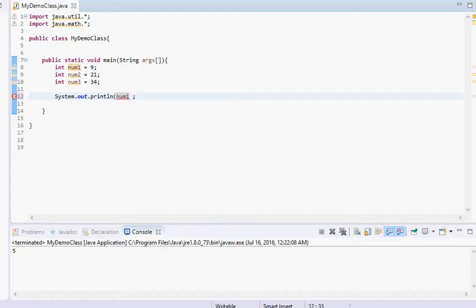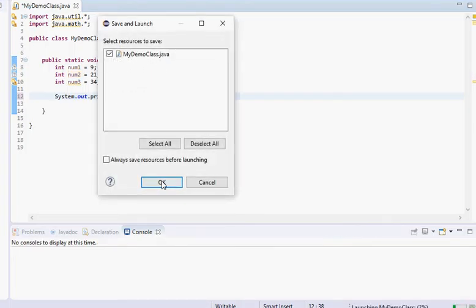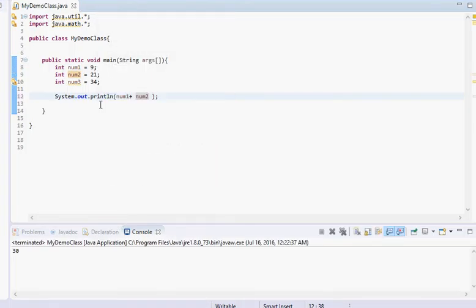So we could do num1 plus num2. That should be 9 plus 21, which is 30. That's the correct answer. And you could go ahead and use the other operations as well. You can multiply, you can divide, subtract, whatever you want. So what I wanted to get to is